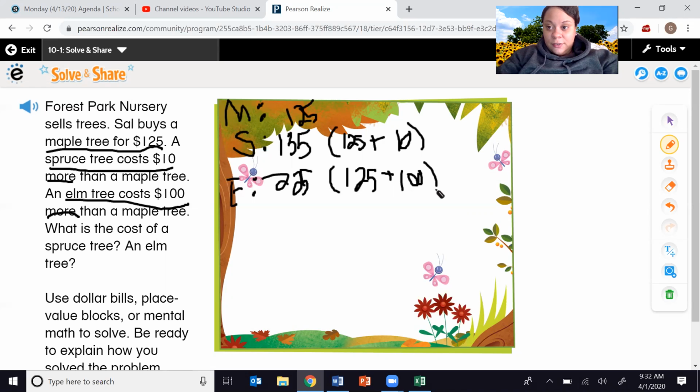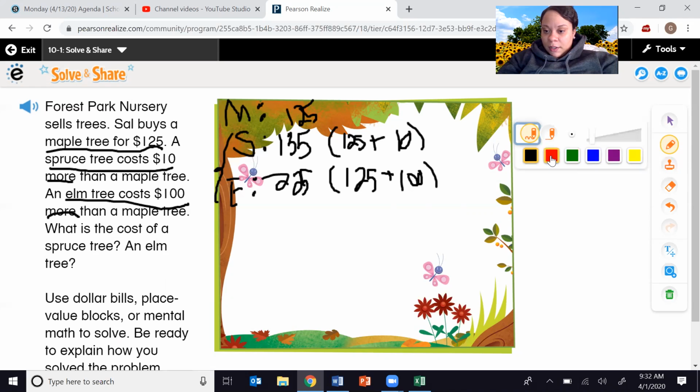Now let's see what the question is asking us for. I think I went ahead of myself. It says, what is the cost of a spruce tree, an elm tree? Well, I figured that out, and I used mental math, and they said we could use mental math to solve, but some of you guys would rather use base 10 blocks or just use money because sometimes our brains don't operate that way. So I'm going to go ahead and solve the spruce tree equation